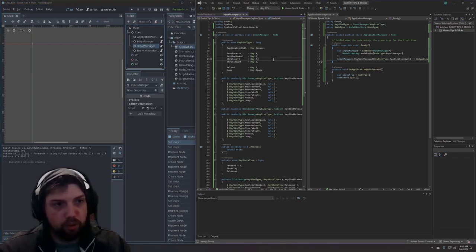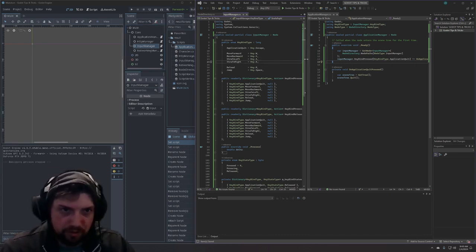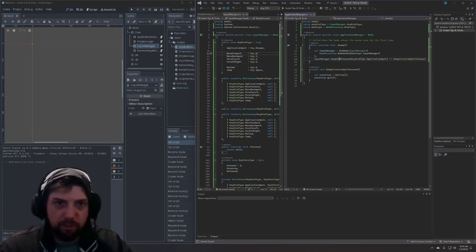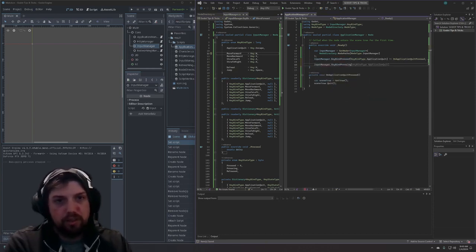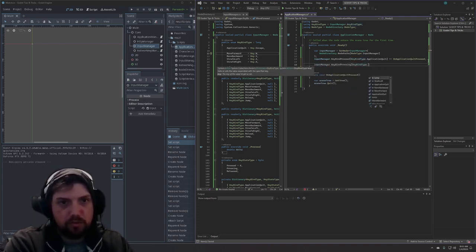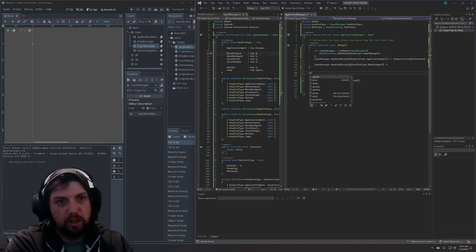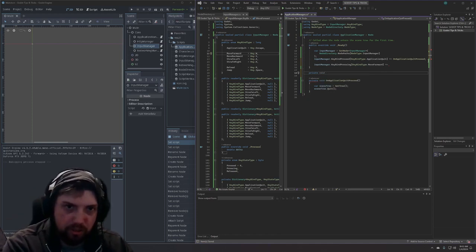If we happen to do anything more complex, such as instantiating things, maybe when you press W it would move the character around. That's well outside the scope of this little tutorial. But if you were to press W, you do the exact same thing. Maybe input manager dot keybind pressing sub keybind type dot move forward plus equals, and this is on our application manager, so you would not want to do this here. You'd want to use it on a character or something. But on move forward pressed,